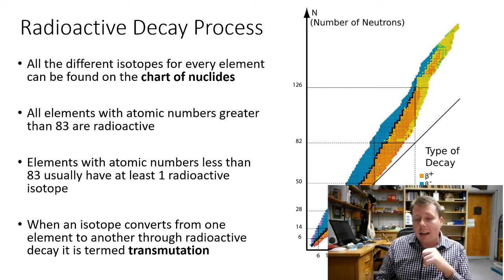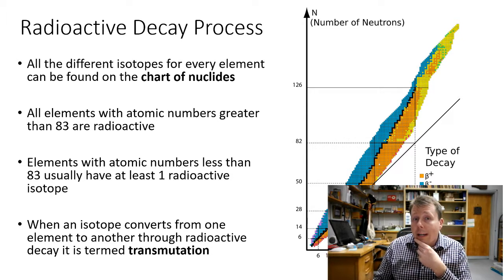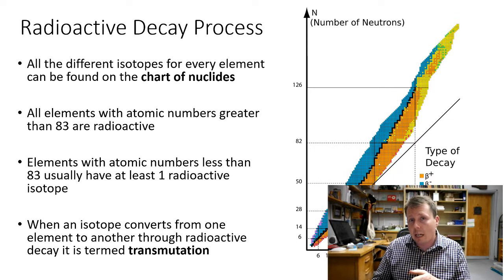The next thing we have here is the chart of the nuclides. Now, the chart of the nuclides is something maybe brand new to you. It's usually not shown in an introductory chemistry class, or probably not shown in your high school chemistry class. But what the chart of nuclides is, is this chart on the right-hand side, and it is a diagram that's similar to the periodic table, but in this case, it's showing all of the isotopes